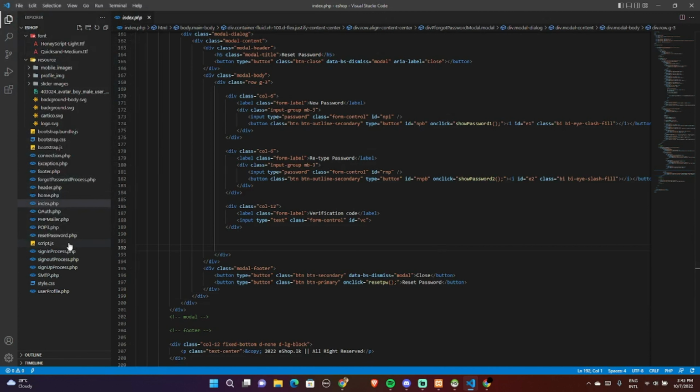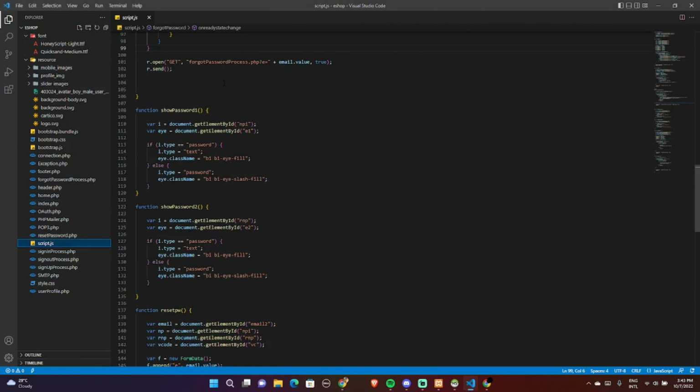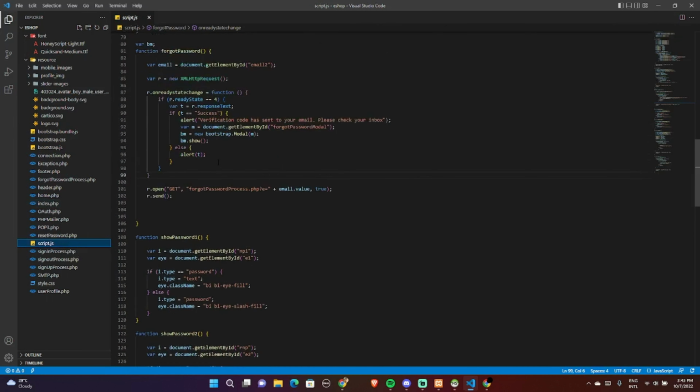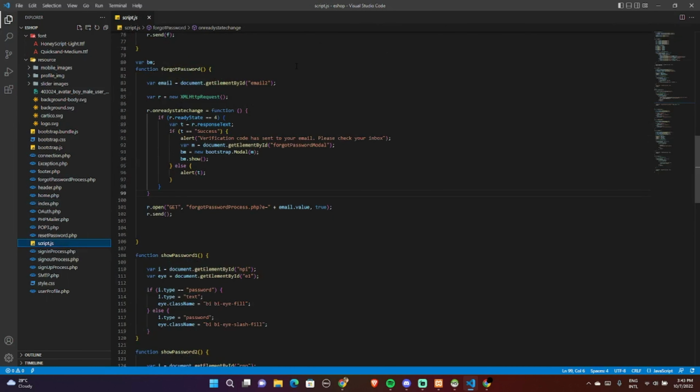Now I'm going to my script.js. In here, you can see my global variable. Also there is my password function, and my email, and I assign my email to a variable,